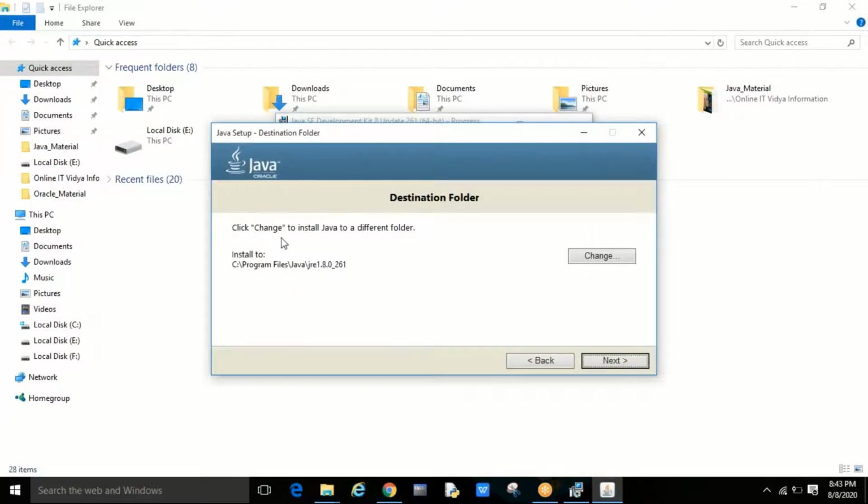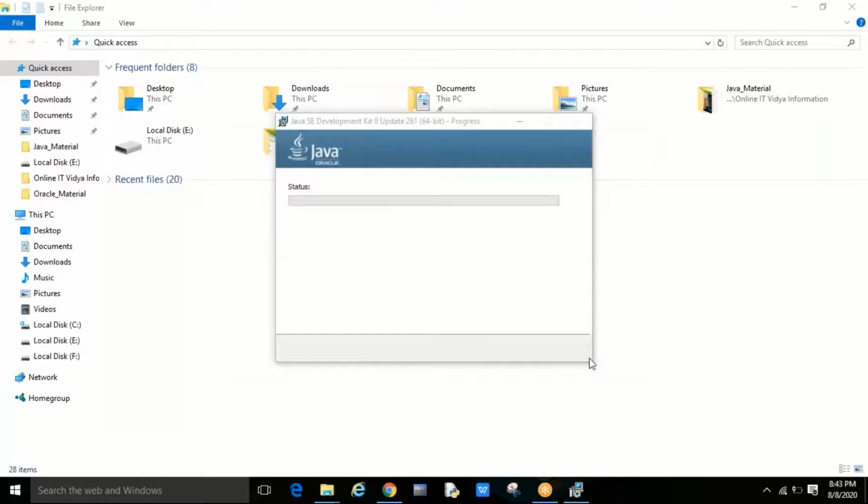The JDK was installed previously. Now JRE, the Java Runtime Environment. Now you are going to install JRE. Next.